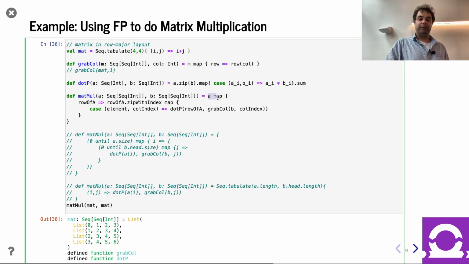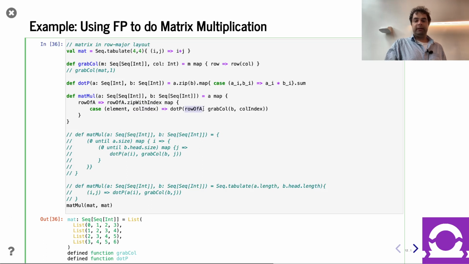So for every row in the first matrix, so we have a row of A, it's produced by that first map. We actually want to go through each element of that row, and we want to zip it with the column index. If we do that, the result is going to be the elements with the column index. But the thing we really care about is actually the column index more so than the element. And then we go ahead and go through this, and sure, we can go perform a dot product